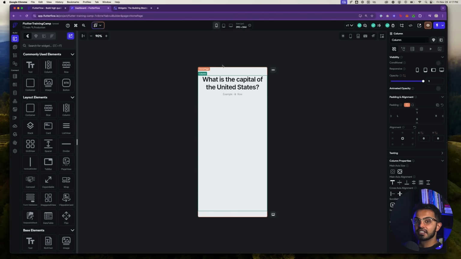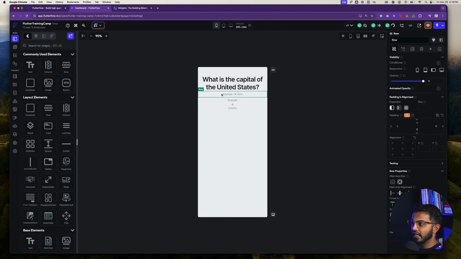Now that you know the basics of widgets, I want to talk to you about a certain type of widget called a layout widget. And in FlutterFlow, this is known as a layout element. There are three major types of layouts that I want you to be very mindful of as you build pretty much any type of app going forward. Rows and columns. Rows are used to align items from left to right on an x-axis. You can use columns to align items top to bottom on a y-axis.